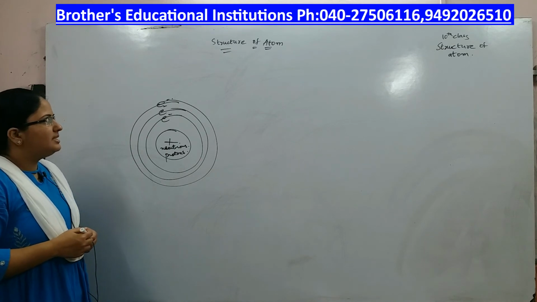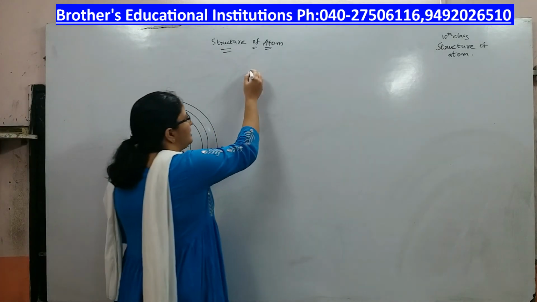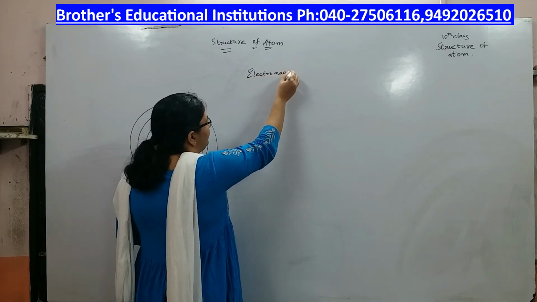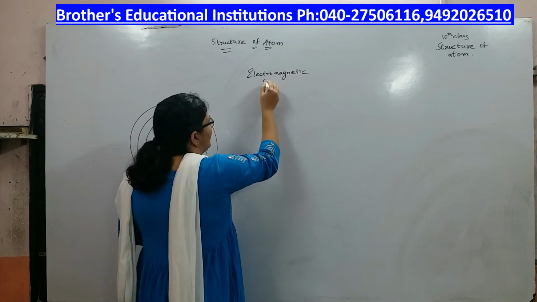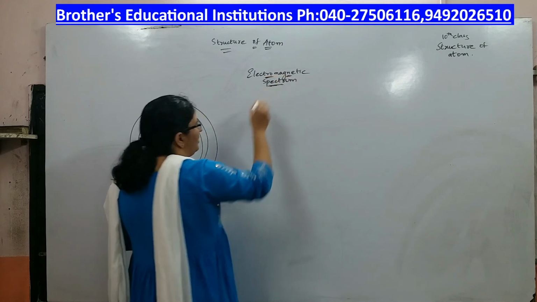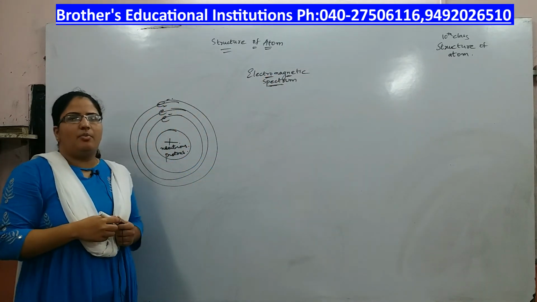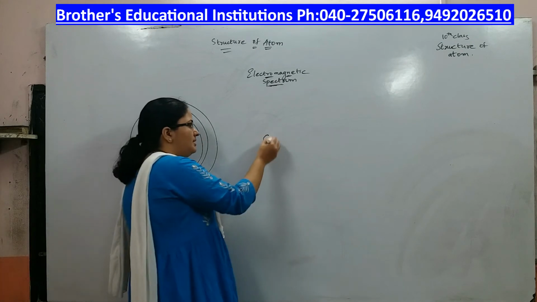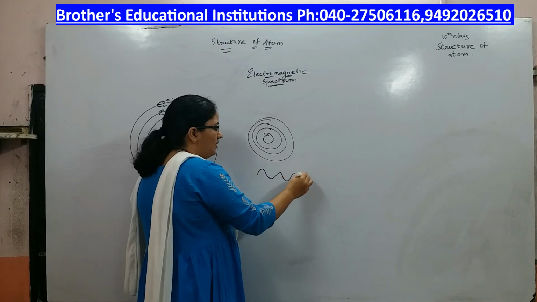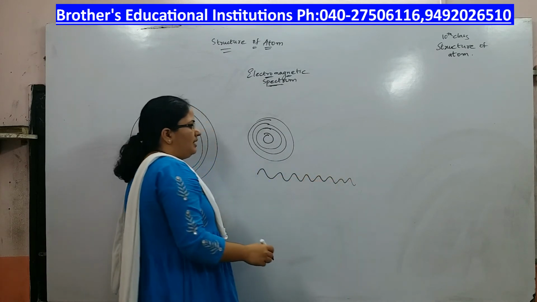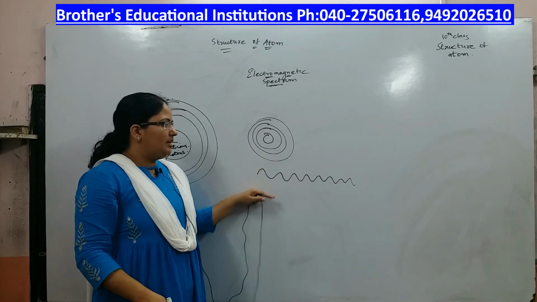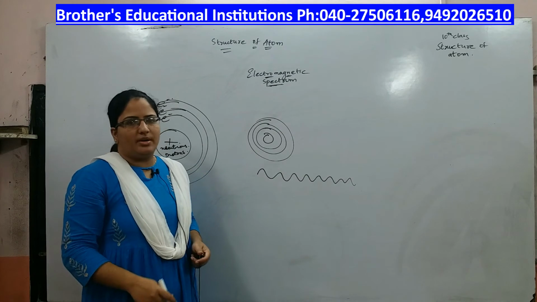Now let us discuss something called the electromagnetic spectrum. If you throw a stone in a still pond, you can observe ripples in the pond, and that creates waves in this manner. The particles of the matter vibrate perpendicular to the propagation of the wave. That is about the water wave.